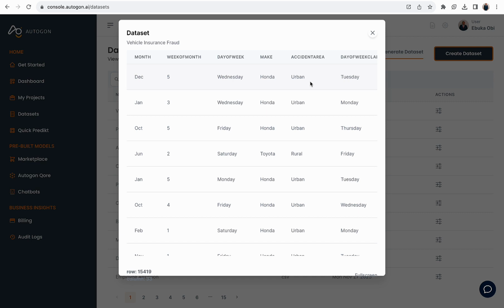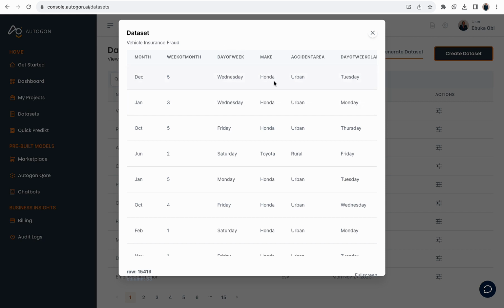The use of demo passengers, people who were not at the scene, acting like they were there and they had an injury, and everybody placing a claim and trying to defraud the insurance company. Good. So gracefully, the insurance company was able to provide us this particular vehicle insurance fraud data set,